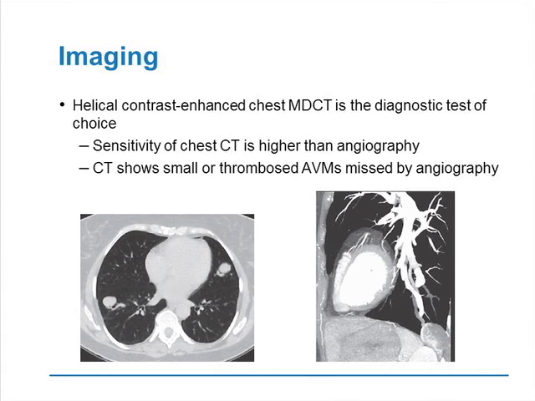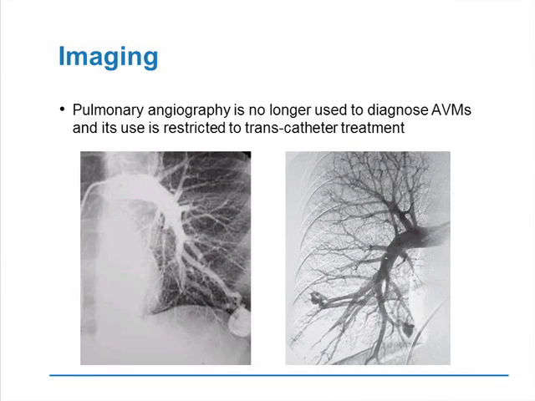Now, in the past, pulmonary angiography used to be done. No longer. The sensitivity of chest CT is much higher than angiography, and the CT shows small or thrombosed AVMs that could be missed by angiography. And as you can see over here again, you see these two AVMs here, another one here posteriorly. Now, angiography, like I said, is no longer used to diagnose, but it is used still as a modality to help treat these patients. And when we come to treatment, we'll talk a little bit more about the role of